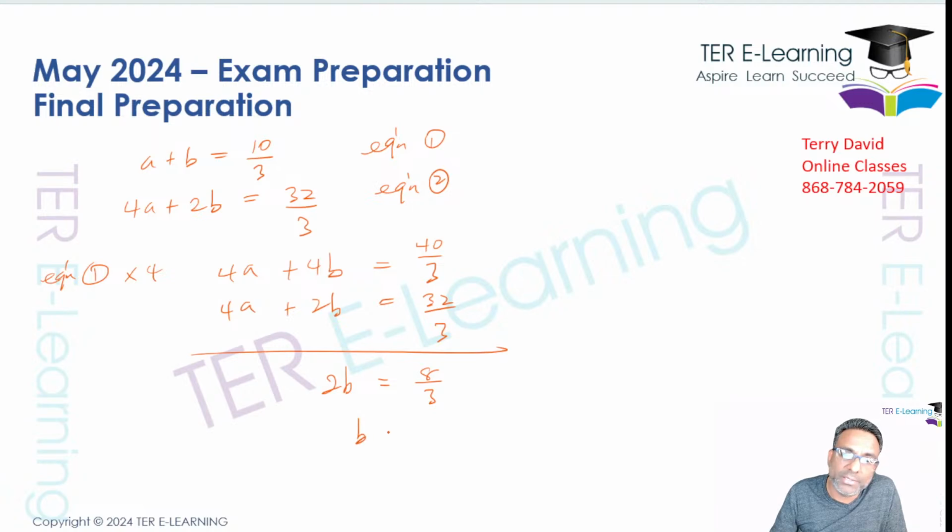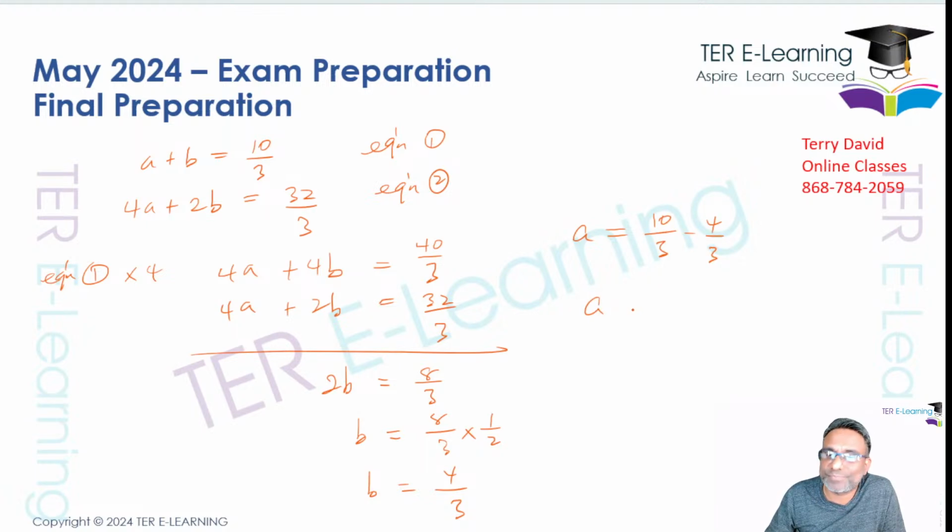Right? So therefore b is simply going to be 8 over 3 multiplied by a half. So therefore b is equal to 4 over 3. So that's what b is. And if you want to work out a, you can plug it into any one of the equations. So if I plug it into the first equation, a is simply going to be 10 over 3 minus 4 over 3. So therefore a is going to be 10 minus 4, which is 6 over 3. So therefore a is equal to 2. So for simultaneous equations, you have multiple ways you can work that out. So that takes care of question